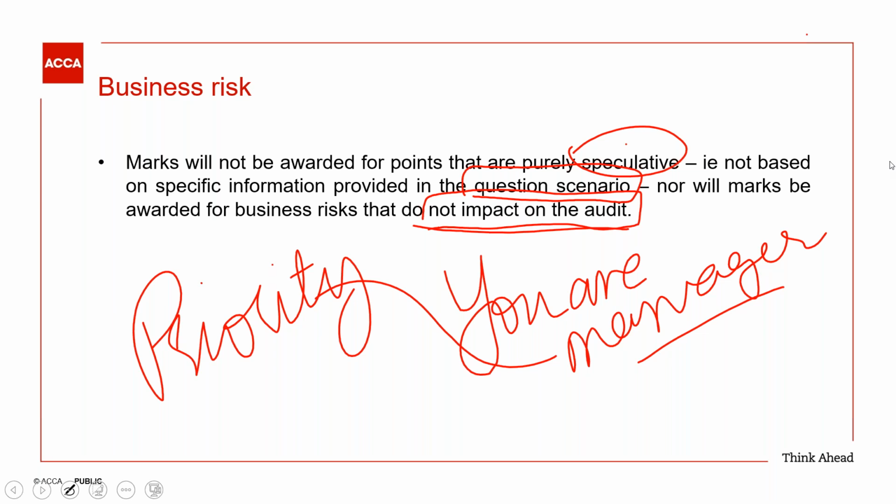Speculative means generic, something not in the case study, but you are just writing a business risk which is not in the case, and you're just taking a hypothetical assumption, right? So speculative means a hypothetical assumption used by a student. But you need to find the risk from the case study, you need to prioritize them, and you need to write the more important one in your answer. So that's another important criticism of the examiner, which you should focus on.